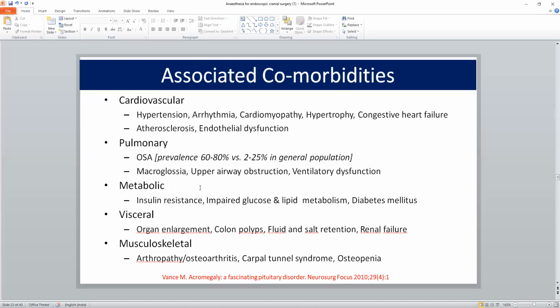There are morphological changes which occur in the tongue, such as macroglossia, upper airway obstruction, and all these can lead to ventilatory dysfunction. Among the metabolic problems, insulin resistance, impaired glucose and lipid metabolism, and diabetes mellitus are the common comorbidities. Organ enlargement, colonic polyps, fluid and salt retention, and renal failure are some of the visceral comorbidities associated with acromegaly. Lastly, and most obvious, are the musculoskeletal abnormalities such as arthropathy, osteoarthritis, facial changes, limb changes, carpal tunnel syndrome,